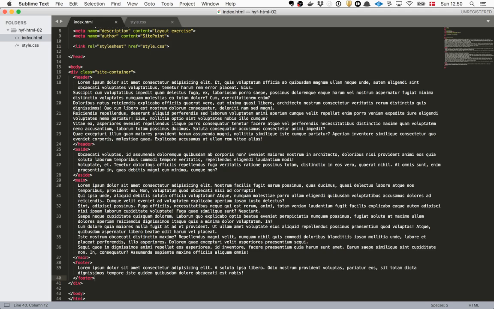Yeah. So originally floats were designed for making sure that you could float text around a picture. If you have a picture, you can get the text to go around the picture. And at some point, someone really clever who wanted to build a website that didn't look like just a long PDF document, someone who wanted to build something really laid out that looked more like something you might find in a magazine,